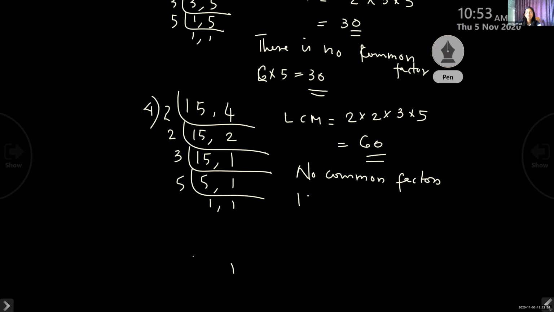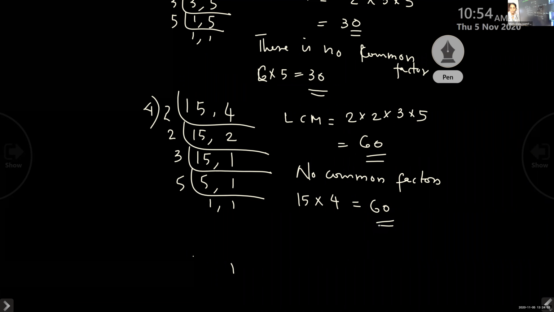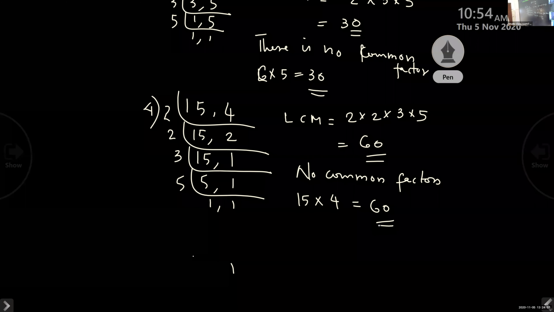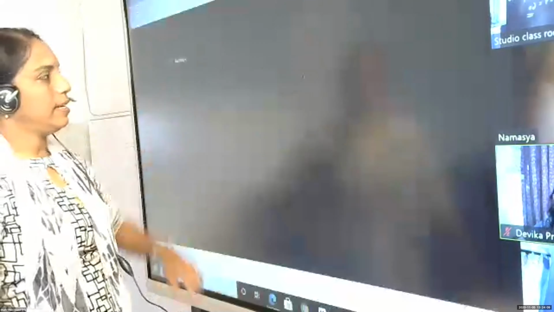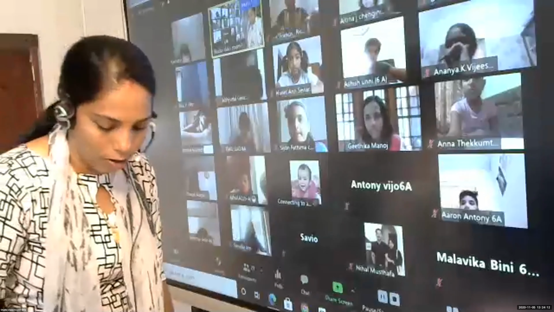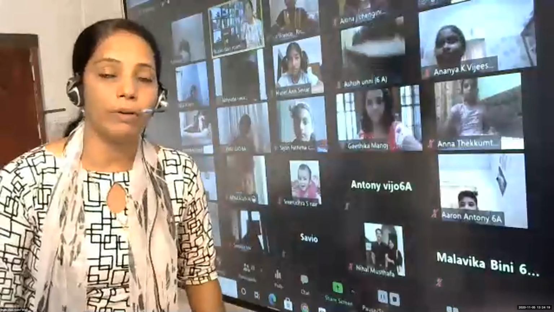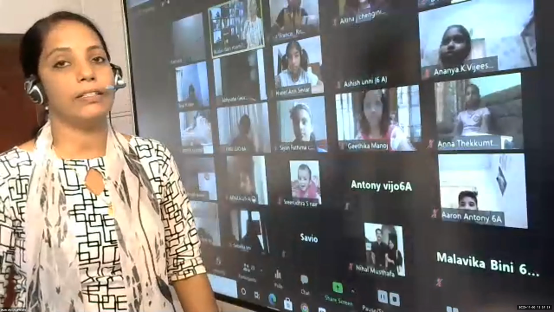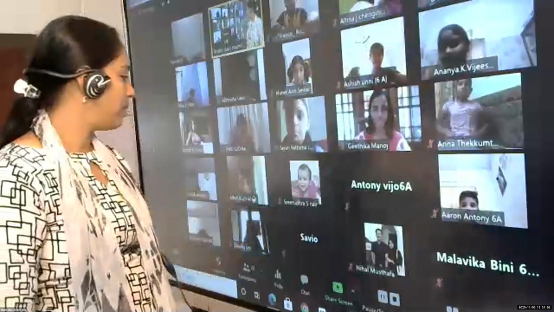Will you take the textbook exercise? This is actually from chapter number 3. I'm taking these questions from chapter number 3. Okay. Yes, children. So what did you observe? If there are no common factors, we multiply those two numbers directly. You will multiply directly if there are no common factors. If you are sure that there are no common factors, multiply directly. If you have any doubt, you can do the step-by-step method itself. Clear? Okay.